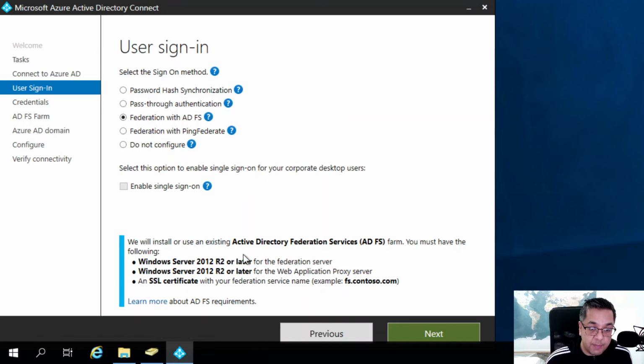But if we just have a look at the bottom here, this is essentially telling us what we're going to do. It's saying we will install or use an existing Active Directory Federation Services, or ADFS, farm. You must have the following. A Server 2012 R2 or later for the actual Federation server, which will sit on premises. The same level server at least, so Windows Server 2012 R2 or later, for your web application proxy server. So that'll sit within your DMZ normally. And you also need an SSL certificate with your Federation service name. So it gives you a Contoso example there, but mine could be